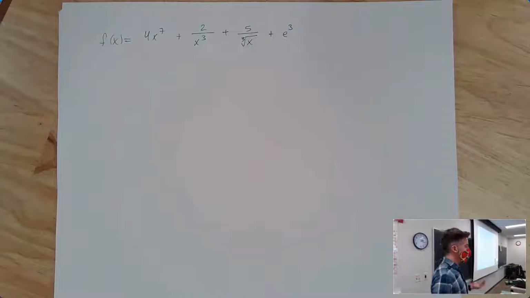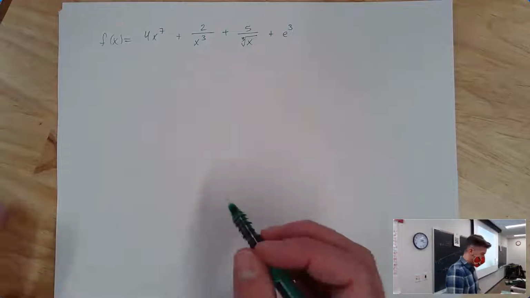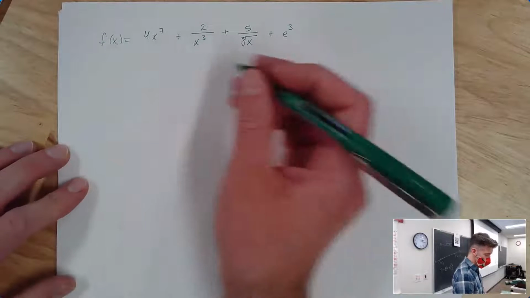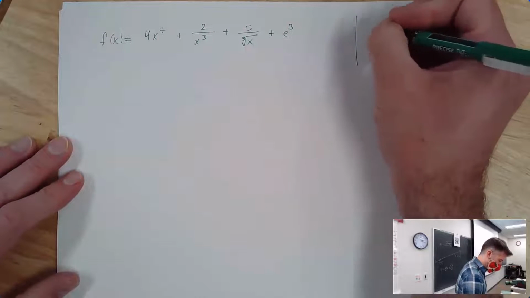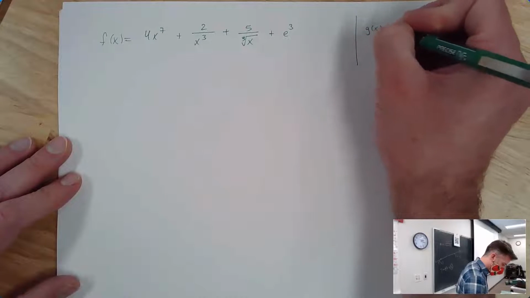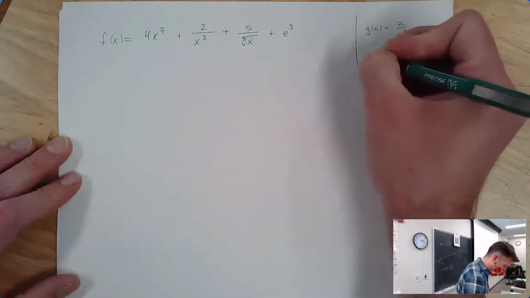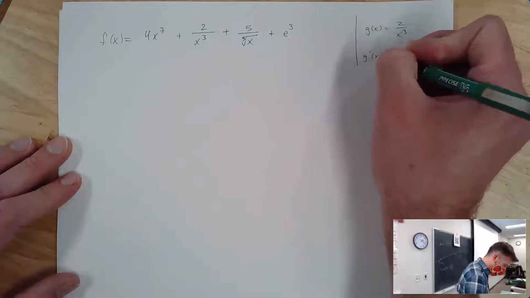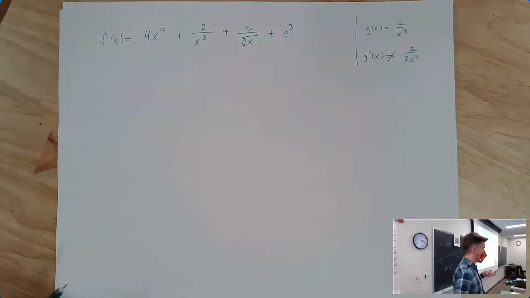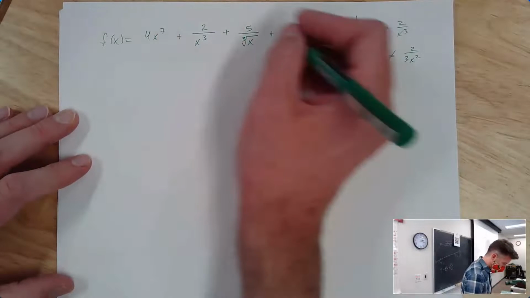It's usually a good idea to simplify things before we differentiate them. Specifically, I want to point out, and I don't remember if I said this last time or not, but I'm going to say it again. If you're taking the derivative of something like 2 over x to the third, the derivative is not 2 over 3x squared. We can't just differentiate that x cubed in the denominator. We have to write it as x to a power not in the denominator. So I'm going to rewrite all of this as